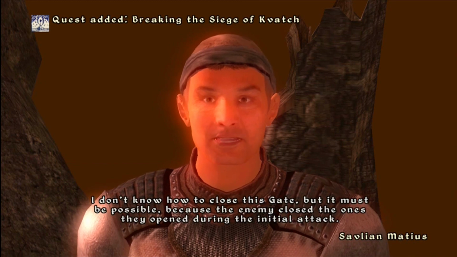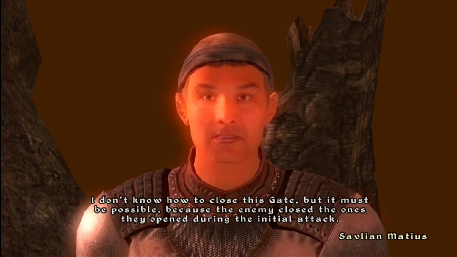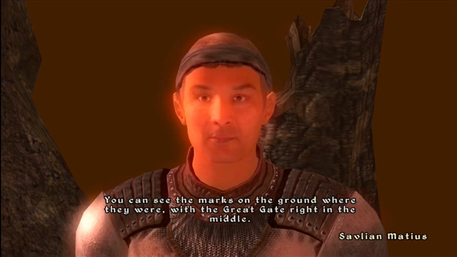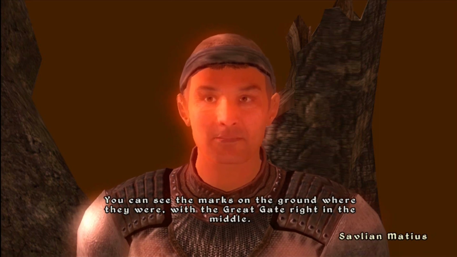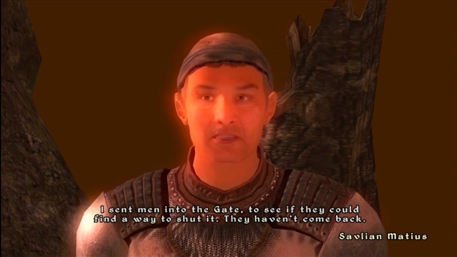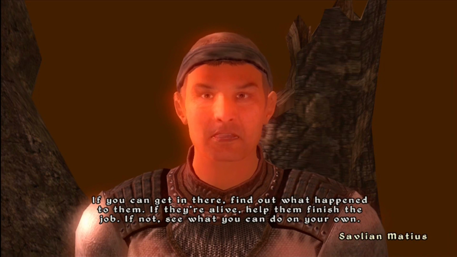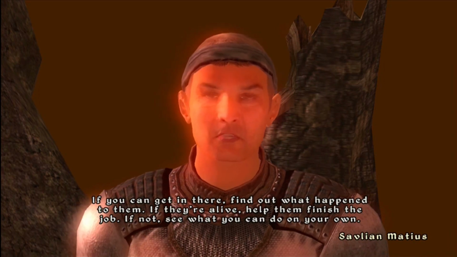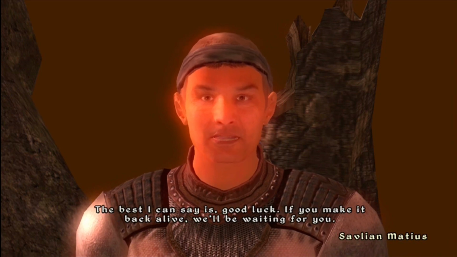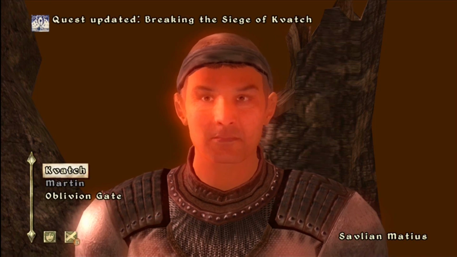I don't know how to close this gate, but it must be possible, because the enemy closed the ones they opened during the initial attack. Right. You can see the marks on the ground where they were. With the great gate right... How does he know what it's called? I sent men into the gate to see if they could find a way to shut it. They haven't come back. If you can get in there, find out what happened to them. If they're alive, help them finish the job. If not, see what you can do on your own. The best I can say is good luck. If you make it back alive, we'll be waiting for you. Right. Okay,